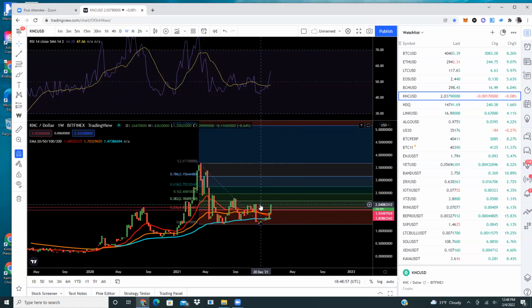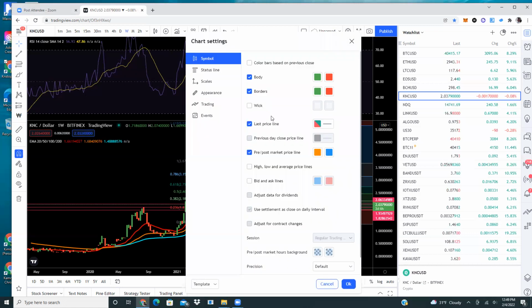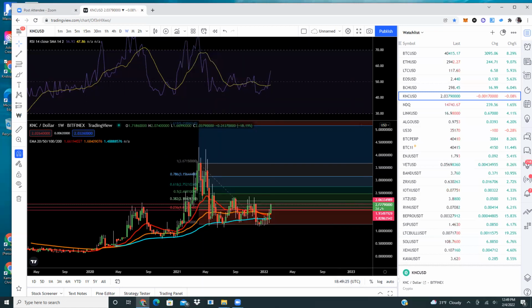So on a weekly, it looks like my resistance is going to be about 2.06. I'm currently trading at 2.03. After that level of resistance, I got a level coming in on my 382 at $2.18. I might take partial profit here if it hits 2.06. Actually, let me turn the wicks back on to see if it did. It probably did. Yep, it did. So I had another 2 days and 6 hours to figure out if this is going to continue